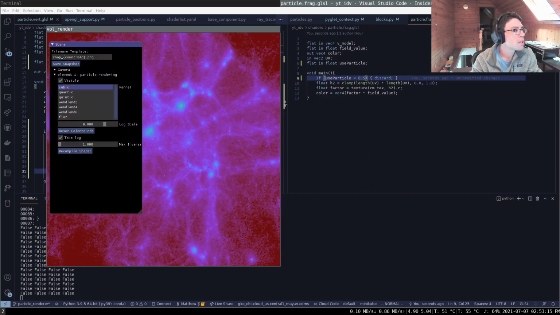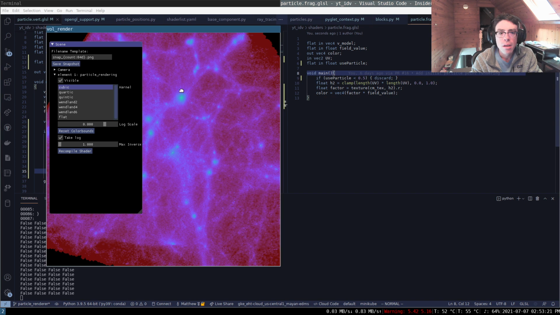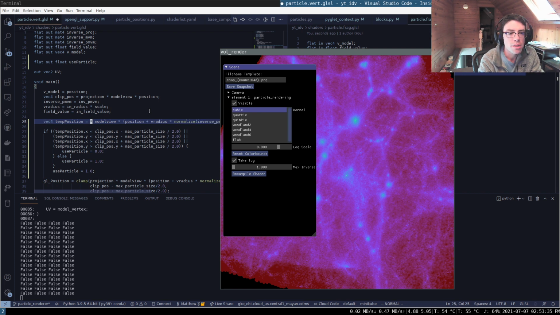So in this case now, you'll see we're getting a little bit better frame rate. Still not that amazing. Let's take a look at this. Temp position X is less than that. Let's go ahead and try this out for all four. So we actually now want to know what the clip space